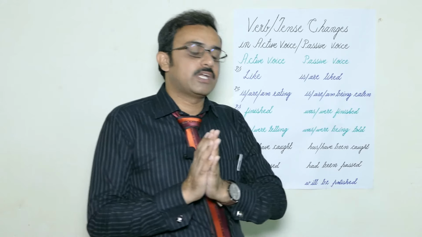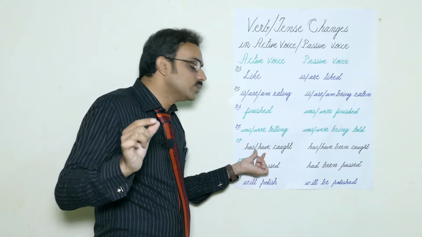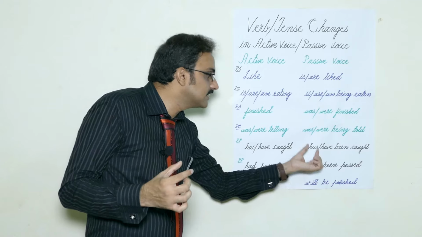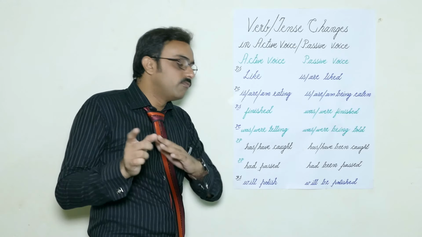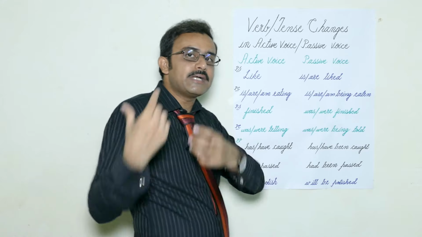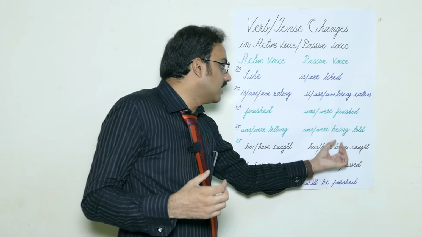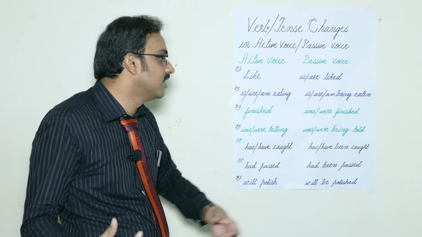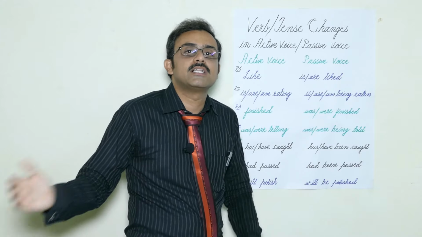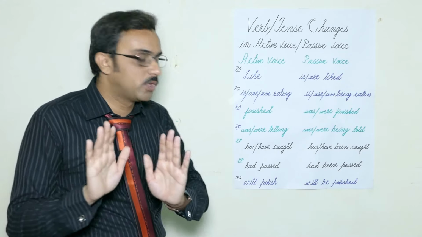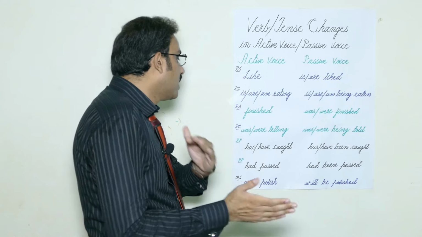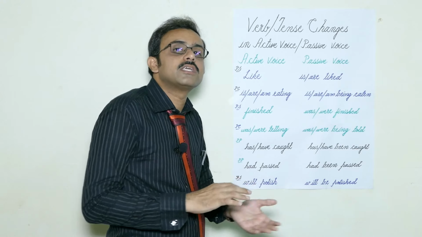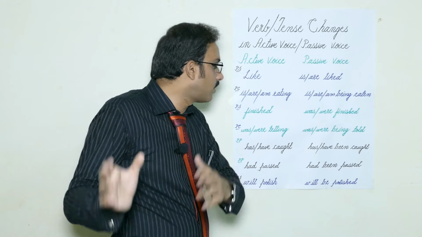Okay, present perfect. In present perfect, we use the auxiliaries. Either it is active or passive, we use the auxiliaries has and have. But when we change active sentence into passive, we do what? We add been. We add been after auxiliaries has or have. And then we use past participle, means third form of verb. Got that? For example, I have a sentence. The police has caught the thief.